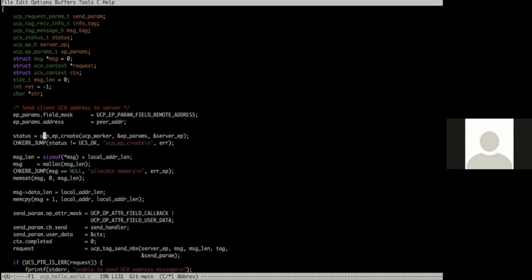And so here it calls into endpoint create, giving it the worker to associate with it, the parameters as specified above. And then we get a UCP endpoint handle that represents an endpoint to our server. Check status, and then from here, we go into our message code,